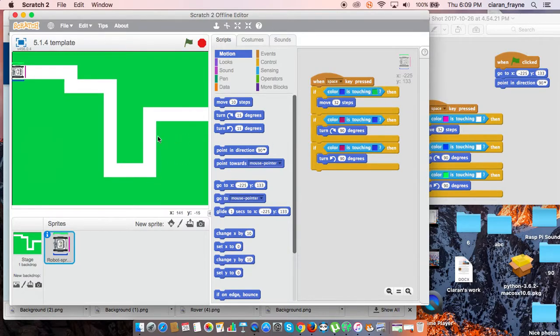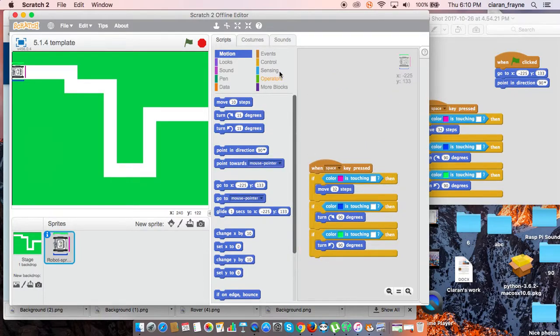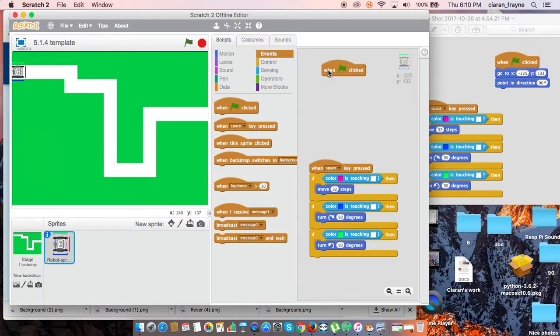as you can see here, to be white, white, and white, and we want this one to be pink like our front sensor, and we want this one to be blue just like the side of our right sensor, and this one to be light green like our left sensor. Okay, now the only other thing we might like to do is create a green flag so that